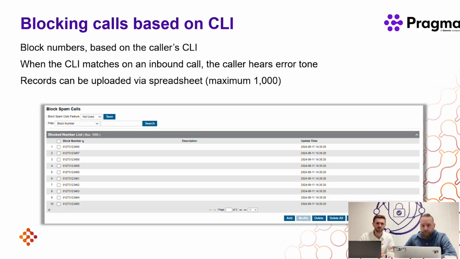Yes. Brilliant. And now maybe more away from a user feature aspect that we've come on the platform, more like a back end thing we've got here, isn't it? Yeah. So what we have the ability to do is block calls based on the CLI. It would be uploaded onto Portal, like a bit of a spreadsheet view of CLIs that have come into the business previously. We can upload these, and then any call that matches one of those CLIs we've added, the inbound user will just hear an error tone.